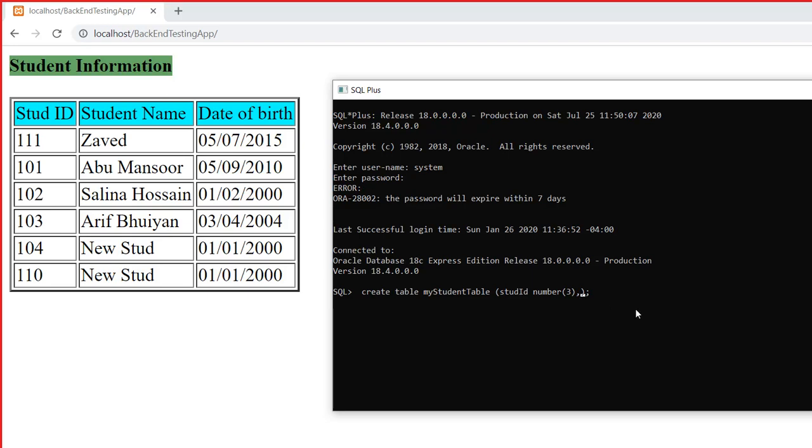So I'm going to say stud name. And what is the type of the data here? Character. So when it is character, then we say varchar2. And what is the maximum size of the student name? Let's say the maximum size we have is 25. We say 25. And then you have